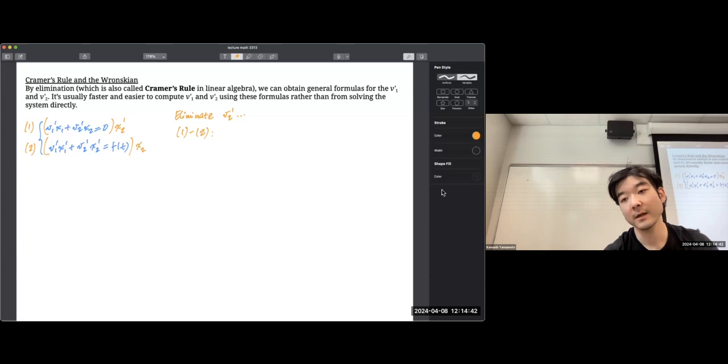If you do that, you'll end up getting this v1 prime x1, and then this v1 prime x1 prime. They're not the same because this one's got no prime on it and this one has a prime on it, but they do both have a v1 prime that's common. So that just ends up becoming v1 prime times x1 times x2 prime, because this orange gets multiplied. It's going to be x2 prime minus this, and this is being multiplied, so the x2 gets multiplied, and then there's an x1, and that is going to equal